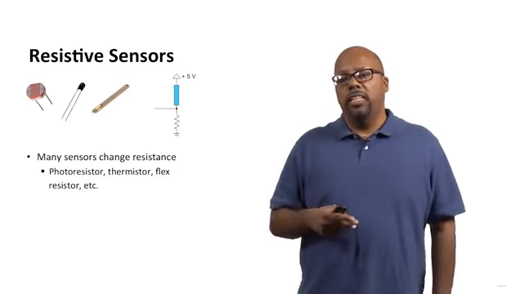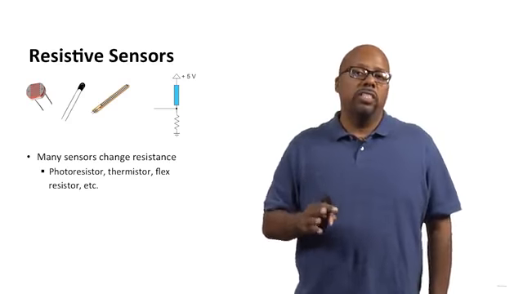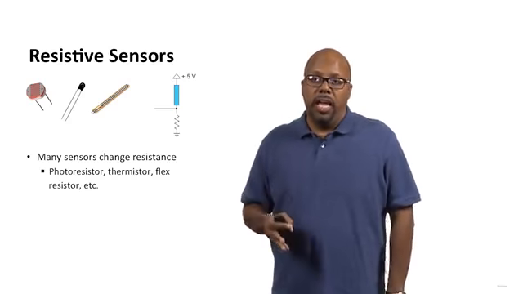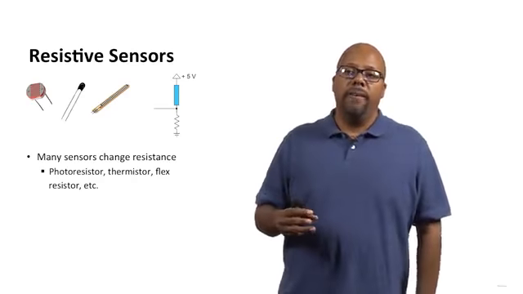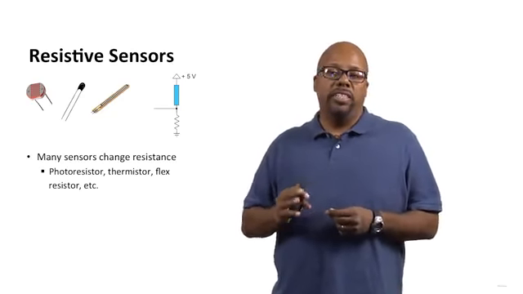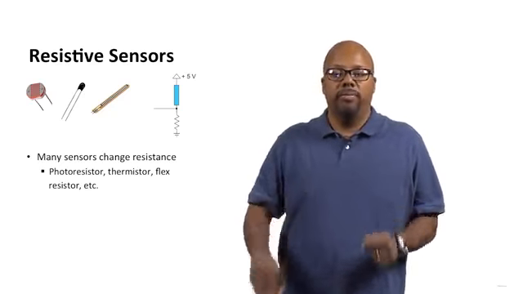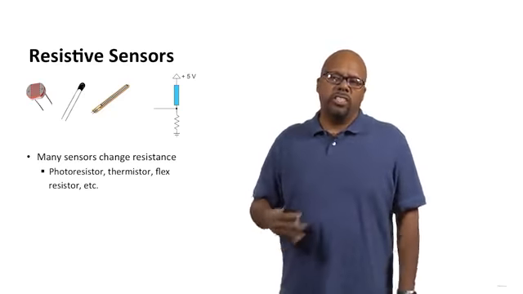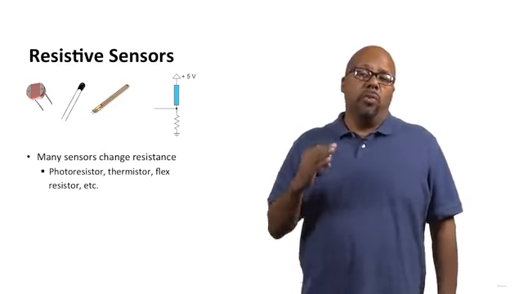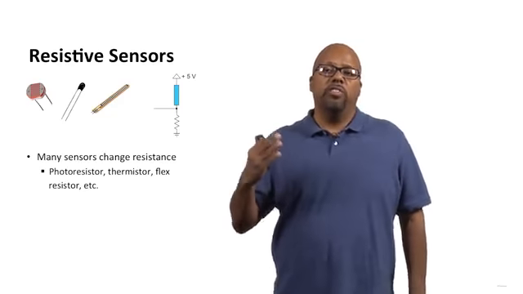The next one is a thermistor. So its resistance changes according to the temperature. And the next one is a flex resistor. And it bends, and its resistance changes according to how much it's bent. If it's bent a lot, it has a different resistance than if it's straight. So these are all three sensors that sense things about the environment, and the way they transmit information is by